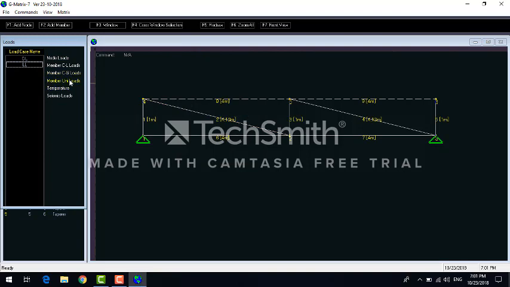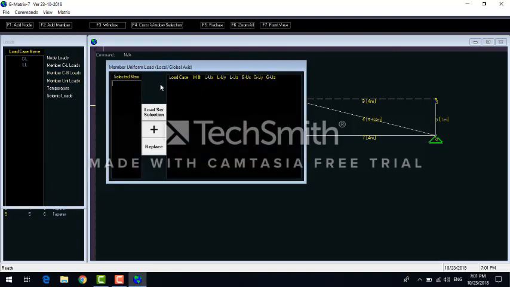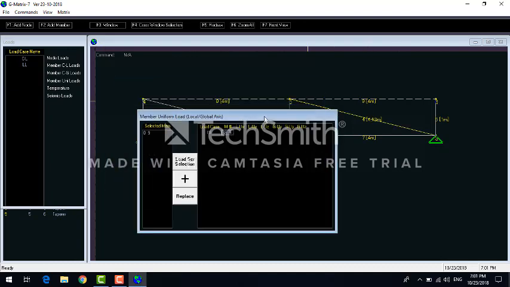I'm gonna add a uniform load, load screen location that I have selected, or I can immediately put the member number here. So this is dead load, replace member 8 and 9 that we can see here on the screen has been added to our selection. Global load -2,